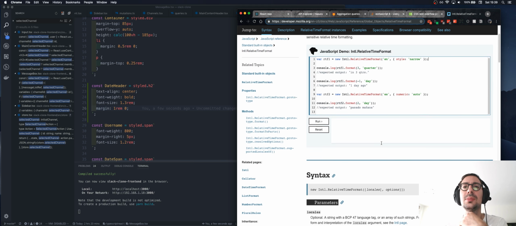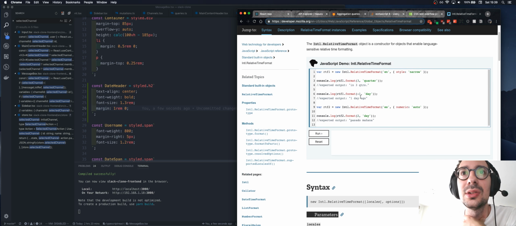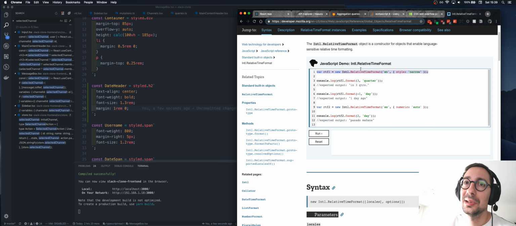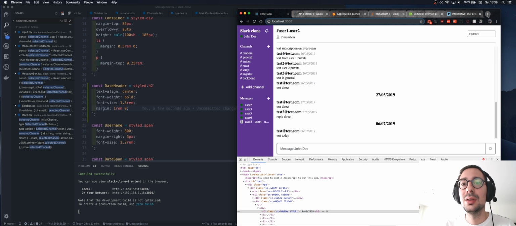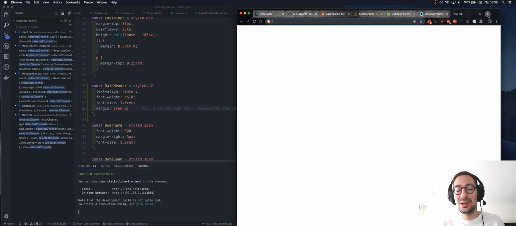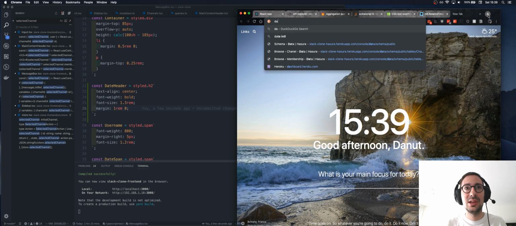Actually, it doesn't accept the date, so I have to write it myself, which is fine. And I like it that it can actually support different languages. So if you're in Spanish, it will say, I don't know. I guess in French today is aujourd'hui or something. The rest of the interface would be in English, but who cares? At least it's cool. So I think I'll use date-fns